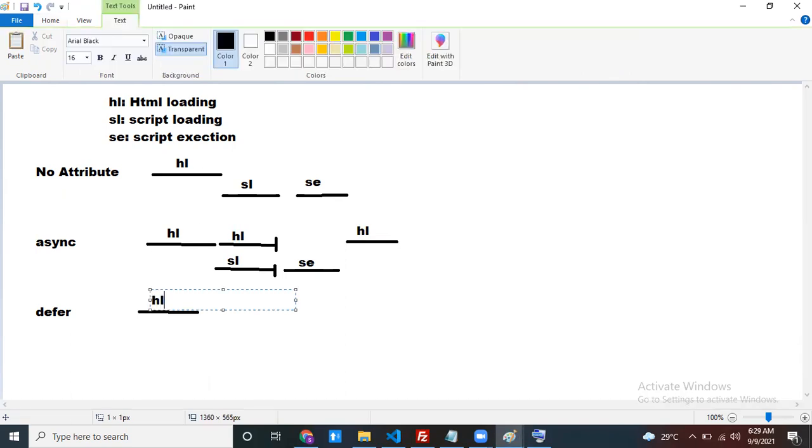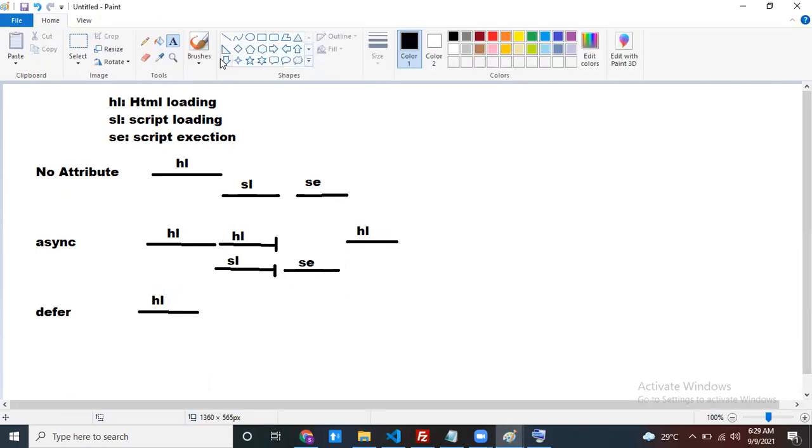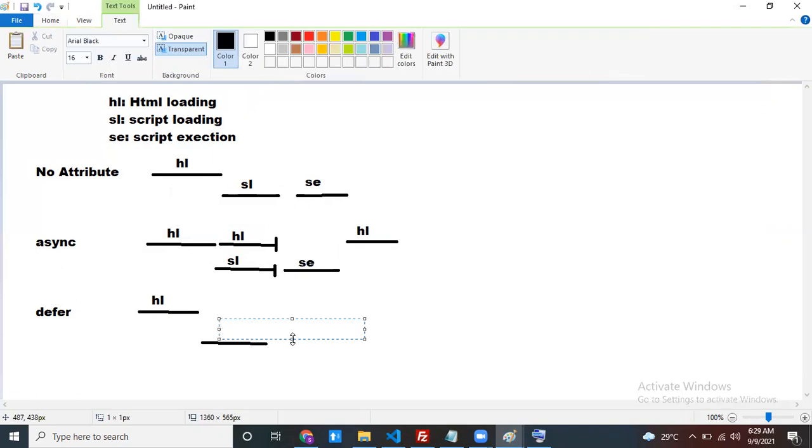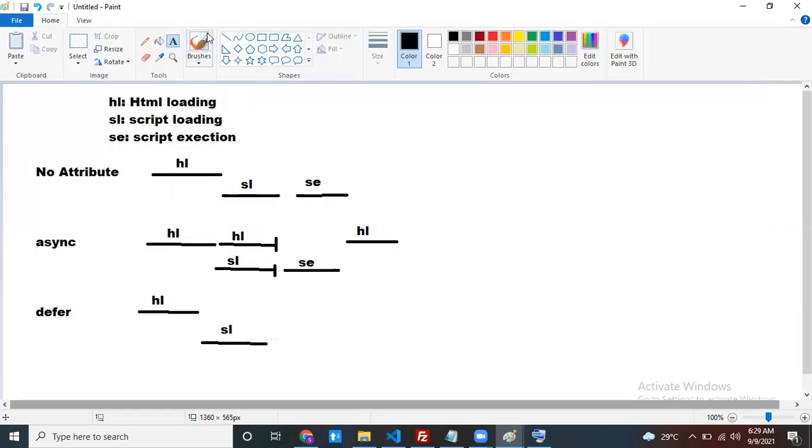HTML loaded, and then I found a script. So here my script loading is going to start. Here also, my HTML loading will never stop, it continues. Once my script loading is completed,